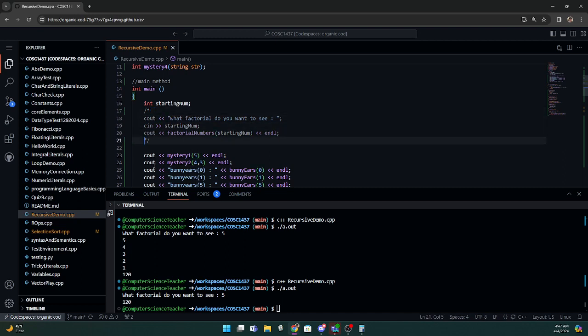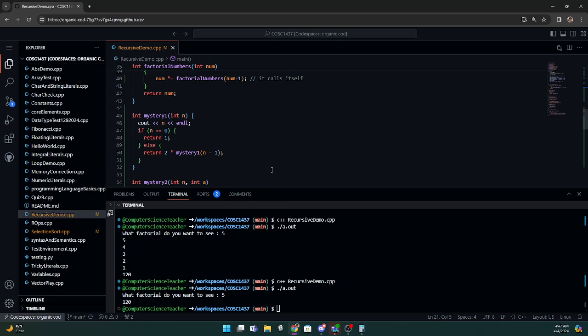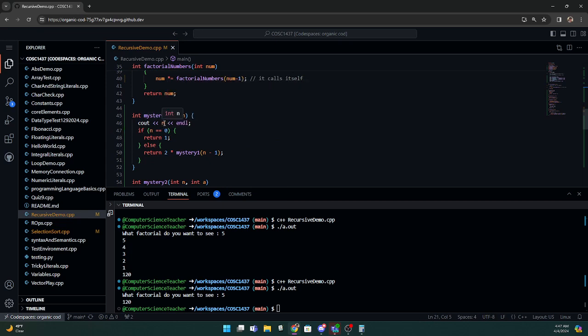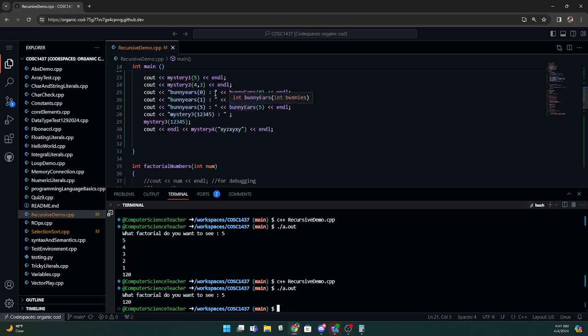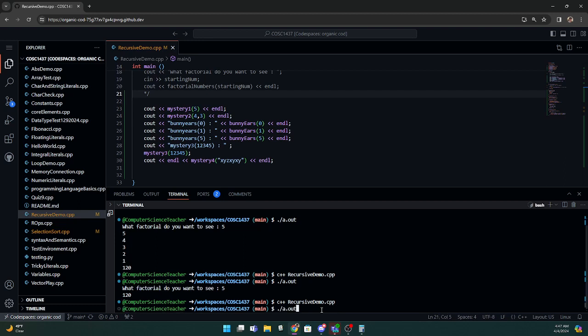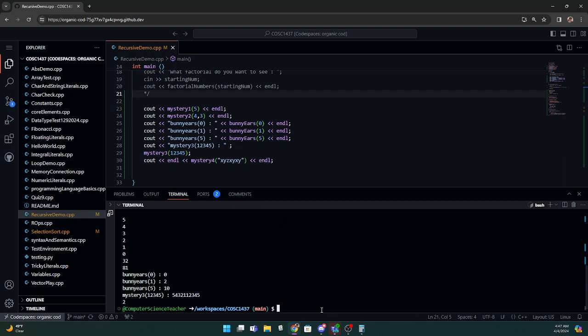So let's talk about mystery 1 that we've created here. Mystery 1, we'll pass in a value, and I went ahead and print out n for this one as well so you can see that value. Let's go ahead and call it. Right? And we're calling that now by passing in 5. Right? So I'm going to go ahead and call this. You see we got